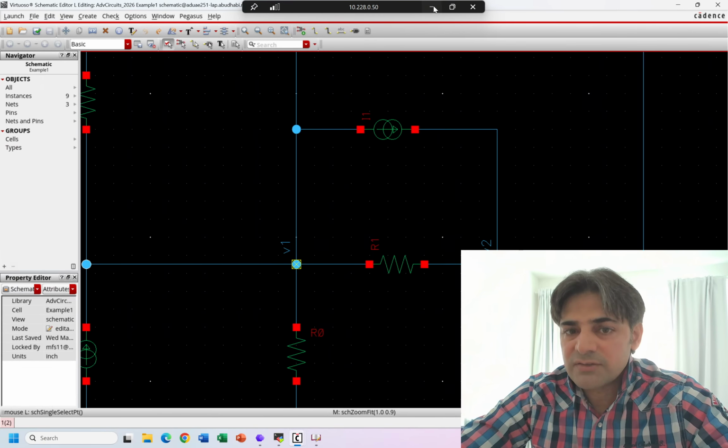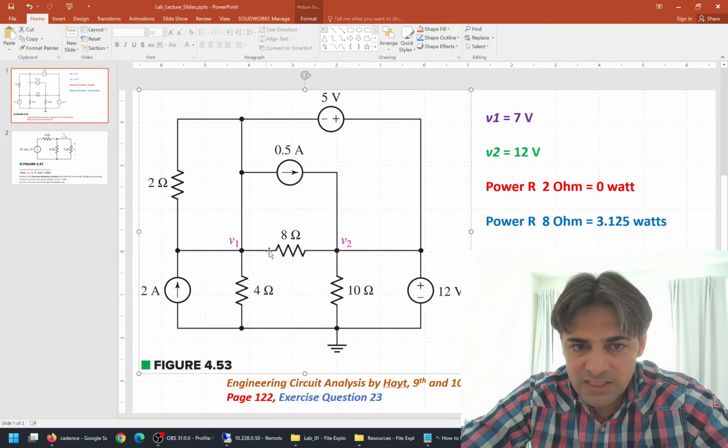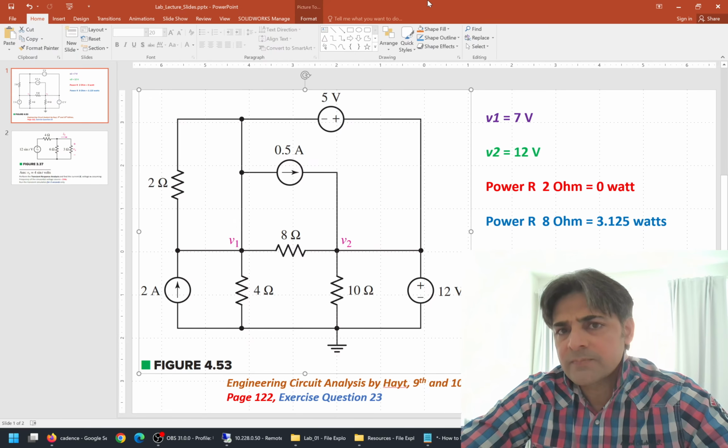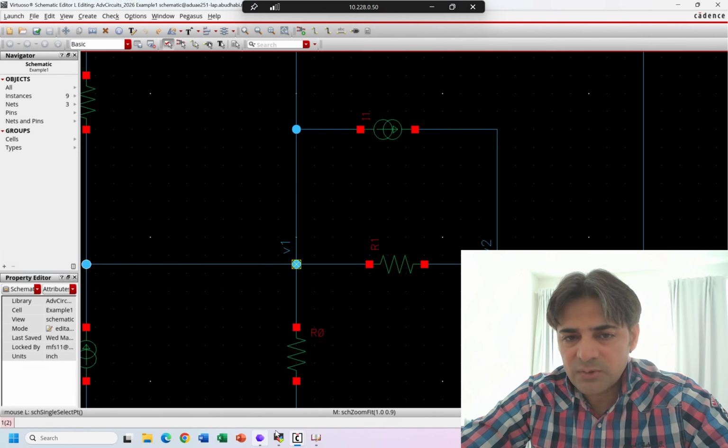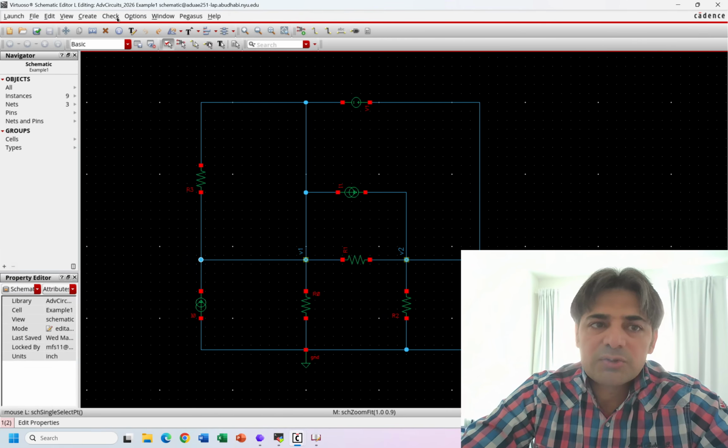I'll look back to my circuit diagram. I'll see that actually no, my R1 and R2 are not connected directly to these lines. As you see, a resistor is indeed connected to these lines. So in that case, these are the warnings. I can ignore them. But if you don't want to ignore them, you can go to the